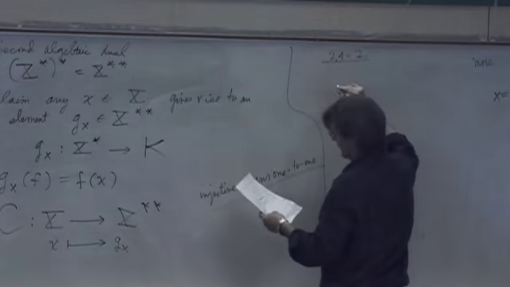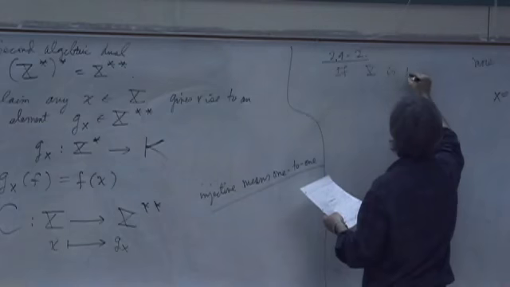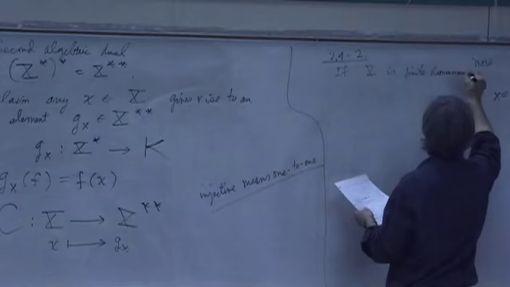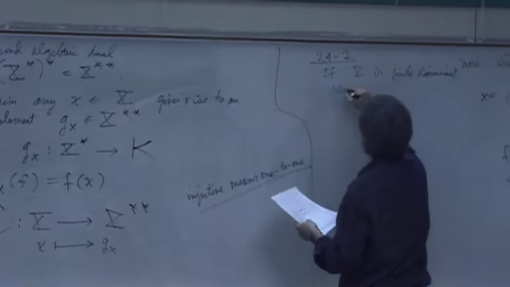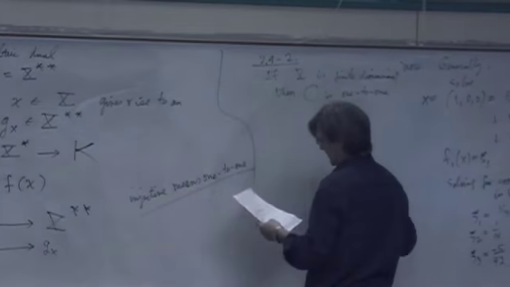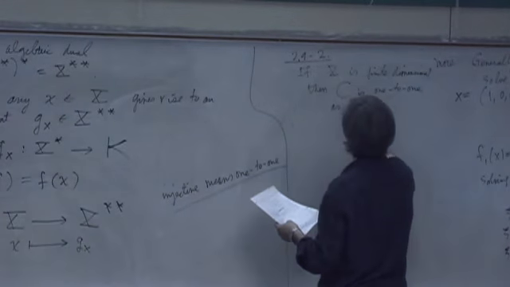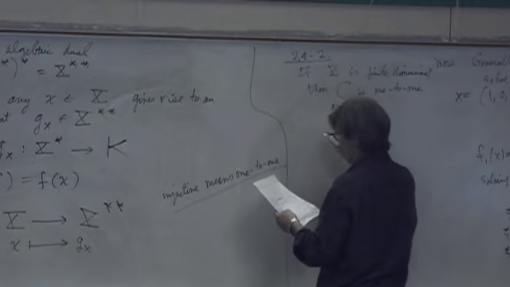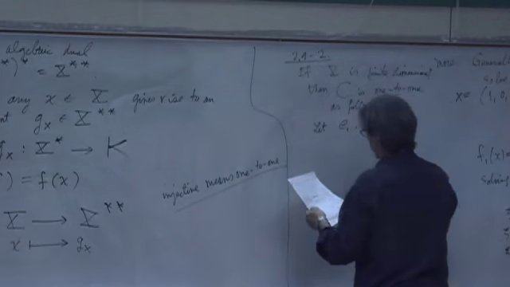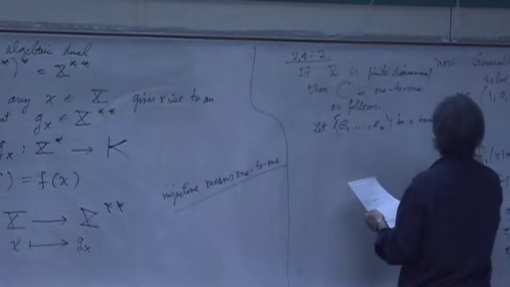The theorem is: if x is finite dimensional, then C is one-to-one, as follows. Let e1 through en be a basis for x,